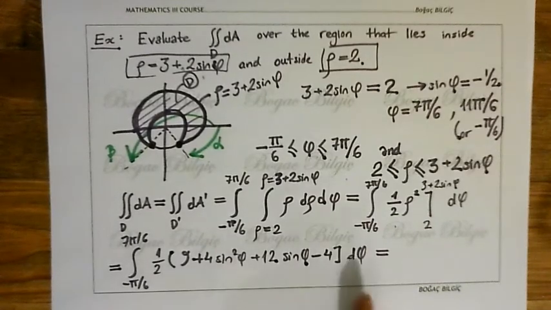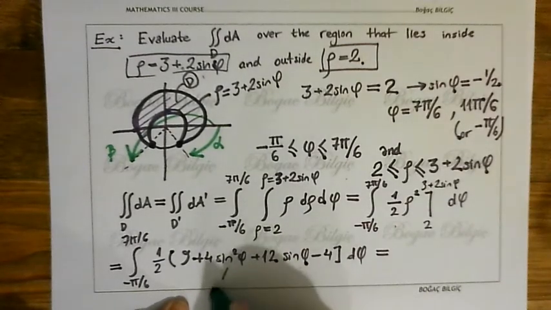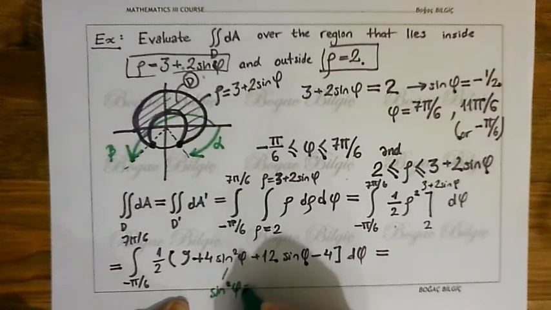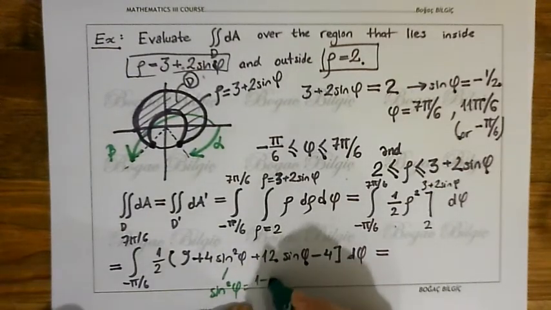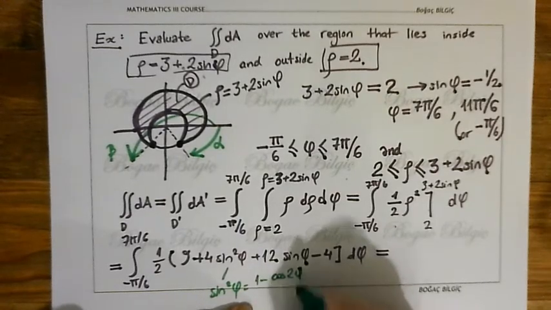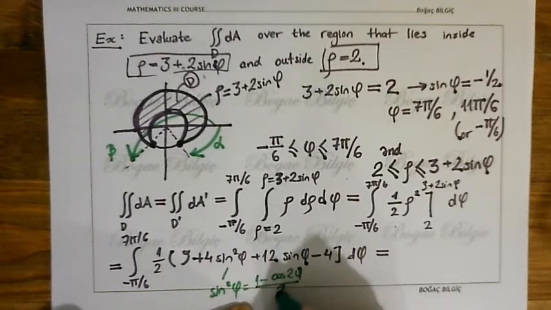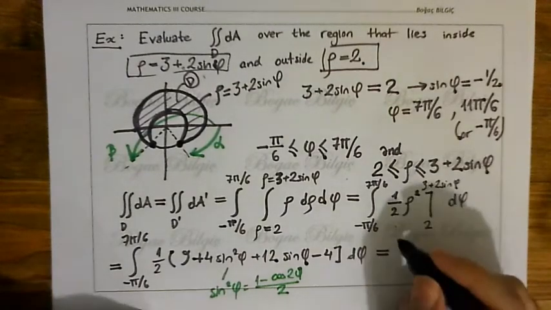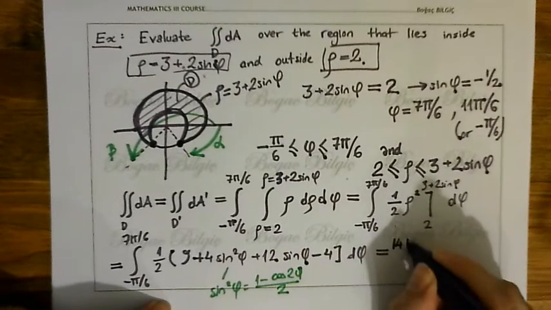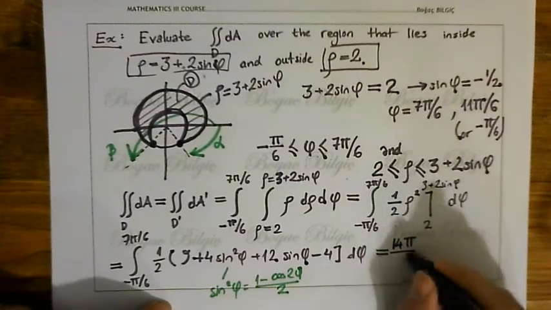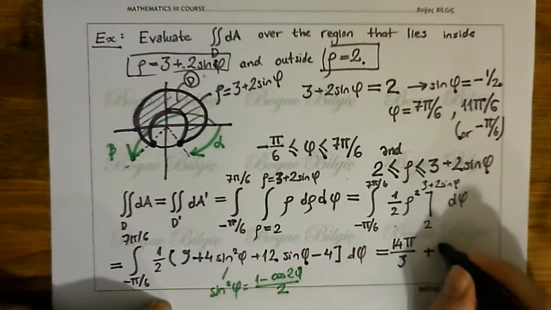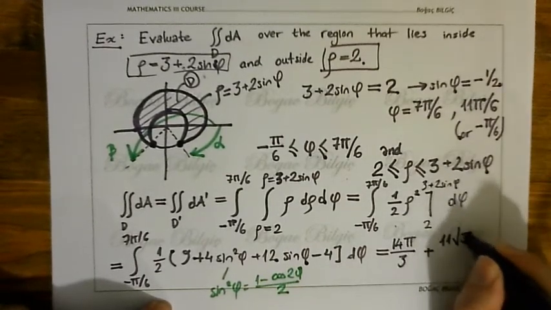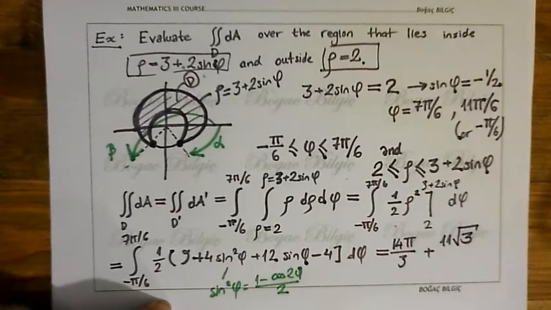You calculate this integration easily. Do you remember sin squared phi is 1 minus cos 2 phi divided by 2, and then calculate easily. The solution is 14 pi divided by 3 plus 11 root 3 divided by